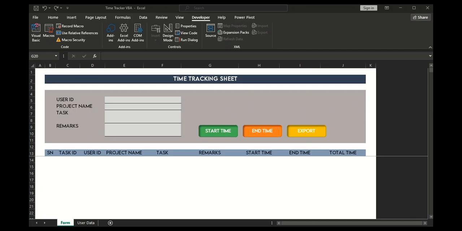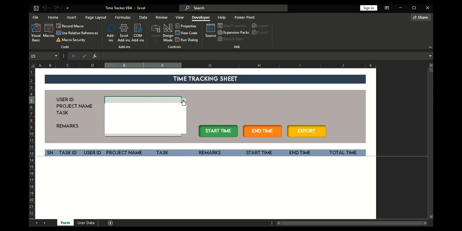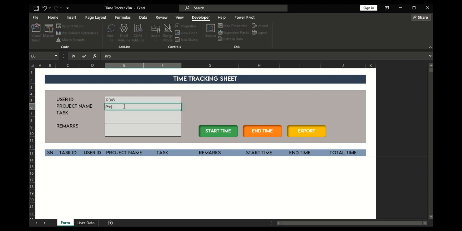Hi! So for today, gagawin natin 'tong real-time task tracker automated sheet using Excel VBA. Let's go! So as you can see dito sa form natin, pipili na lang yung user na kanyang user ID from the drop down. So for example, ito yung user ID ko. And then project name, halimbawa, project time tracker